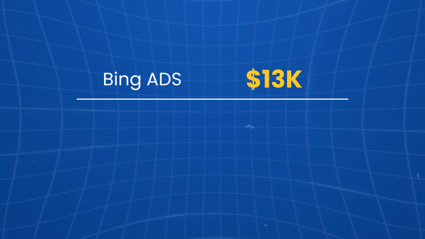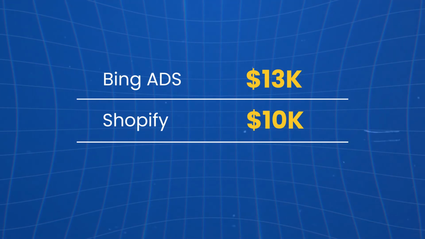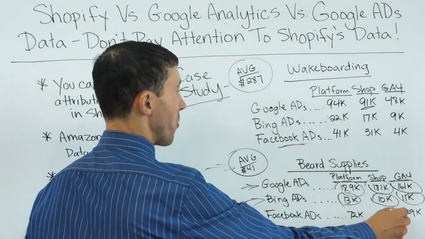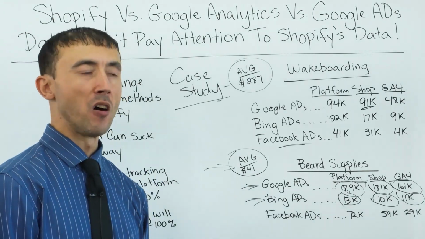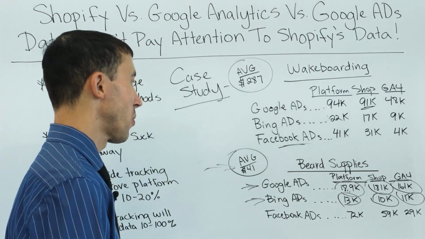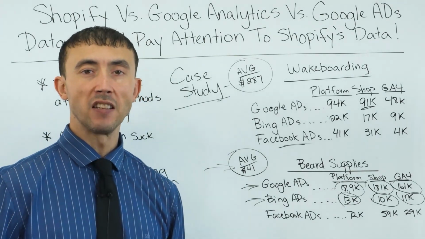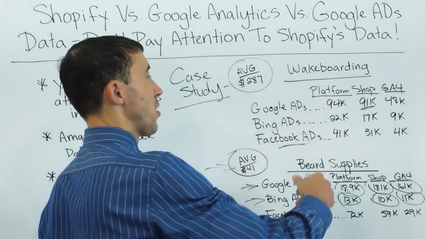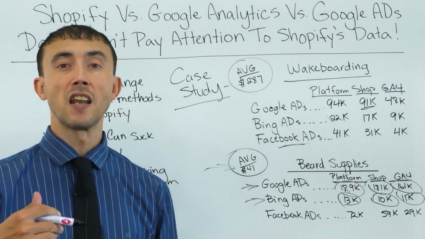For Bing Ads, we had 13K in monthly sales. Shopify was showing 10K, a little more undercounting than on Google up here, same thing down here. And then Google Analytics 4 showed 11K in sales. If you're wondering why it showed more sales in Google Analytics 4 than Shopify, I don't really know. It seemed like a bit of a glitch of some sort, but realistically speaking, most of the people were buying within 7 days at least, and they're not switching devices before they buy. Because even though up here it tracks up to 90 days, a lot of people switch devices before buying, and that also screws up some of your attribution, and you always have to consider that.